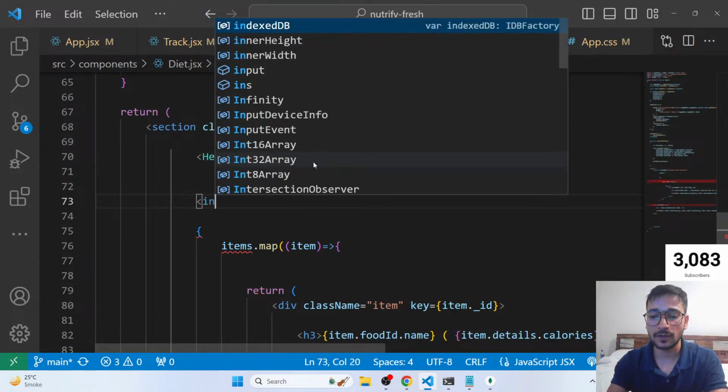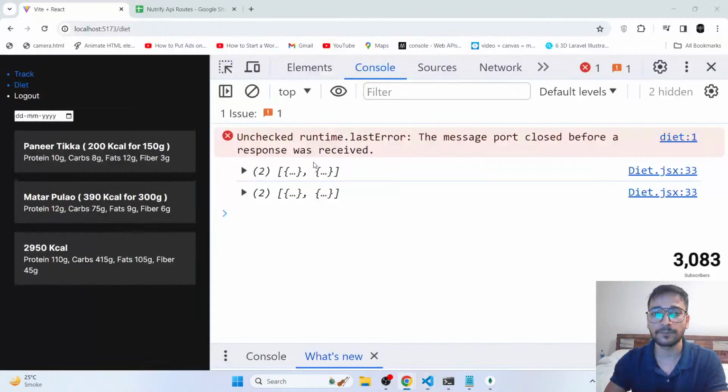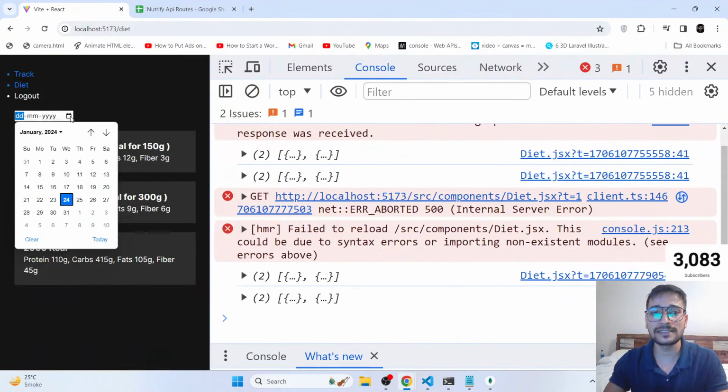So, input, type date. Here we go. And if someone selects the previous date, or before that,